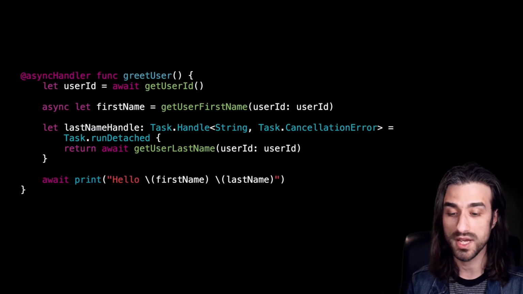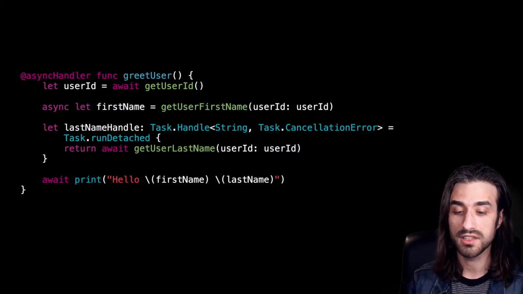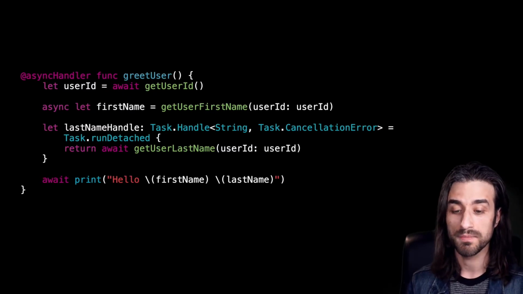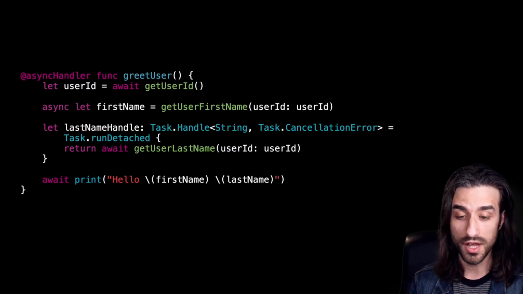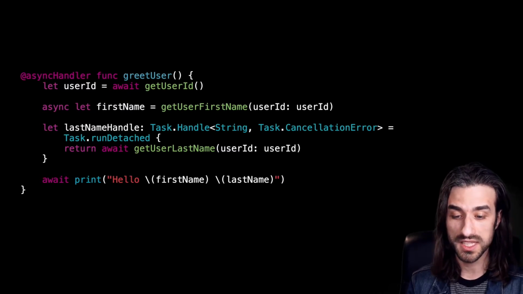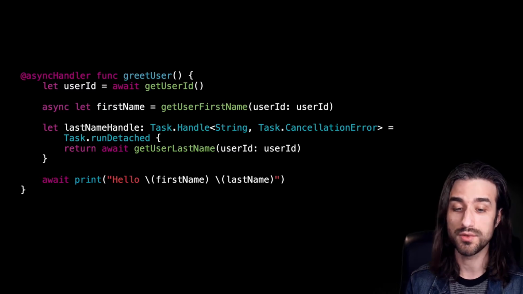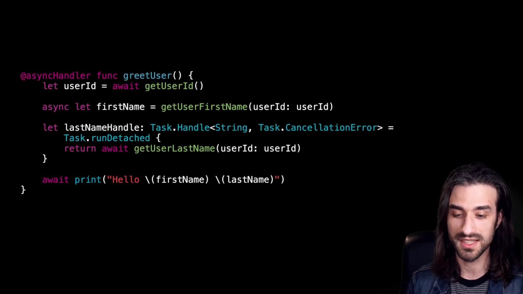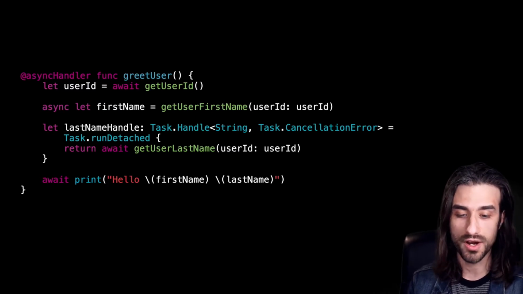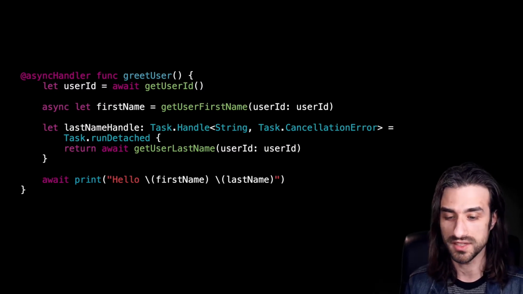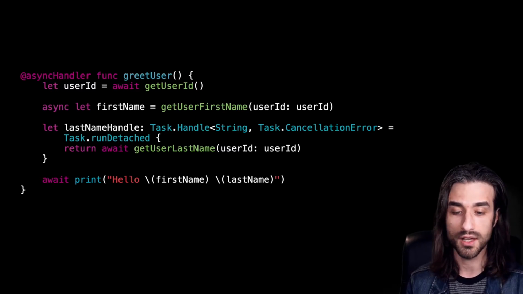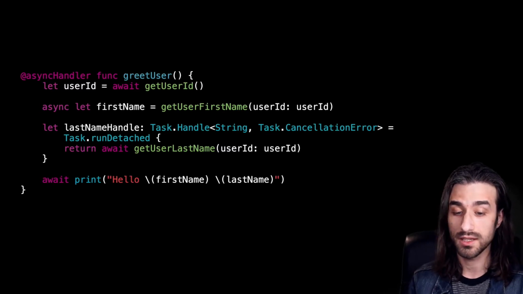And you can see that I am creating my task using the method Task.runDetached. This is the method that I found for now to create a task. Remember, at the beginning of the talk, I was saying that the API might evolve by the time the feature is officially released, and I've kind of understood that the name of this method might change. So if you are listening to this talk once the feature is released, this code might no longer work, and you might need to take a look at the documentation to find out what is the correct way now to write this code. But for the moment, this is how you explicitly create a task.